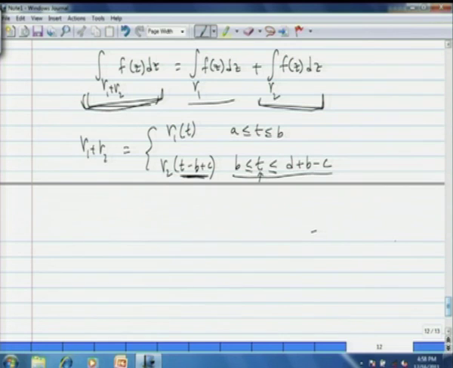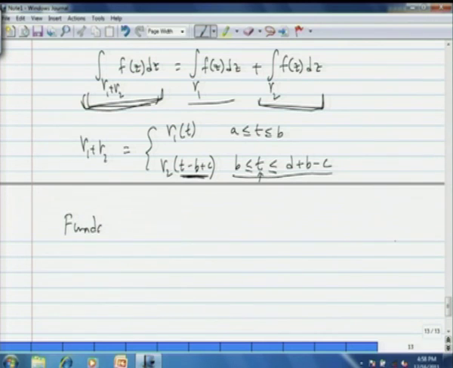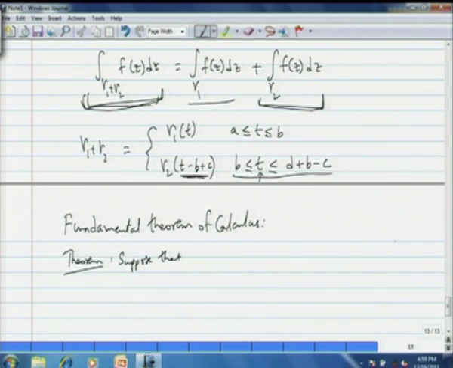And next I want to talk about a fundamental theorem of calculus for complex integrals, for contour integrals of this sort. Okay. So, the fundamental theorem of calculus. Okay. So, here is the statement of the theorem. Suppose that gamma is a path or a contour, with parameter interval a comma b, and